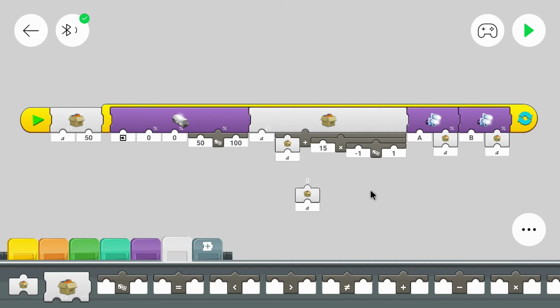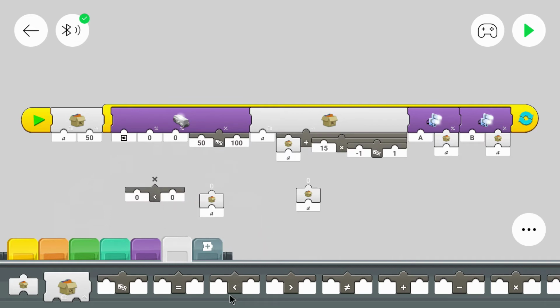So we have blocks to read the value in the variable, and we basically want to check if it's above 100 or below 0. And maybe you see something to do that. Maybe you had something to do that in school. We have these blocks. We have a less than block and a greater than block, or above block. So we can check if the variable is below a value or if it's above a value.